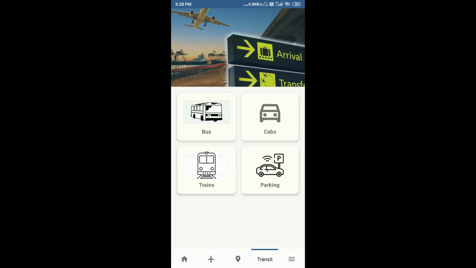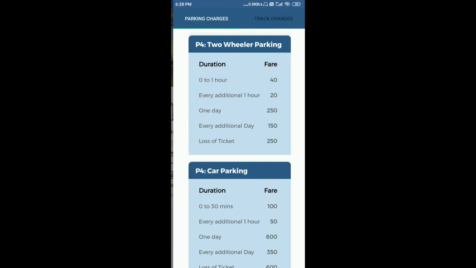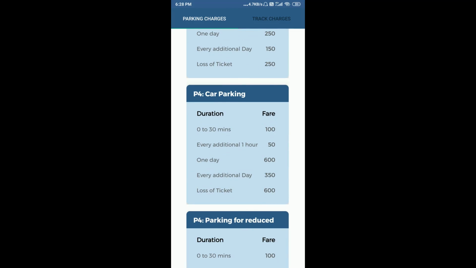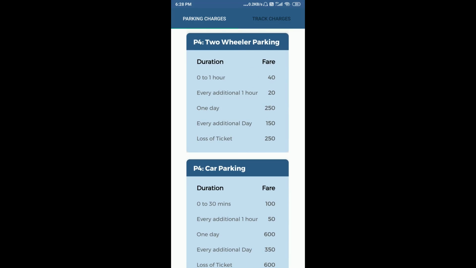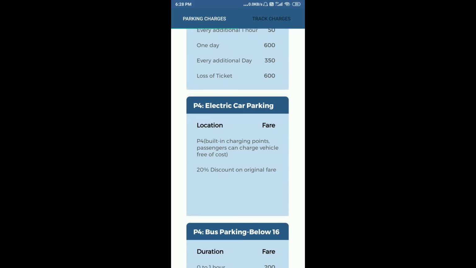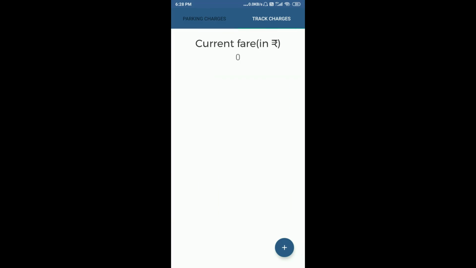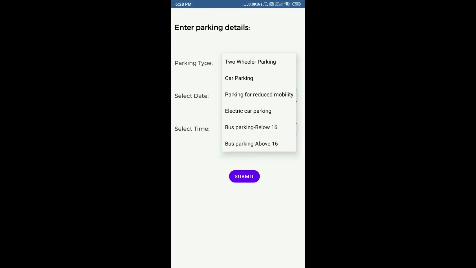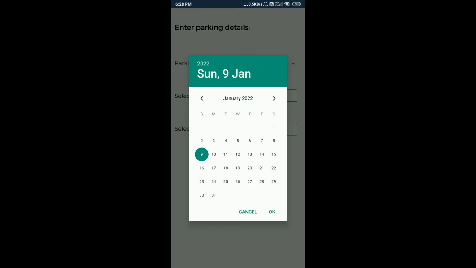Now we would look into the parking section. Here we can see all the different information taken from the Kempegowda airport website, all the car parking and its fare. A user can also track his charges over here. If he clicks on this and selects his type of car, like two-wheeler parking, and then picks a date